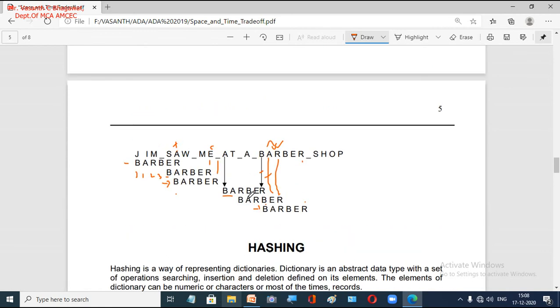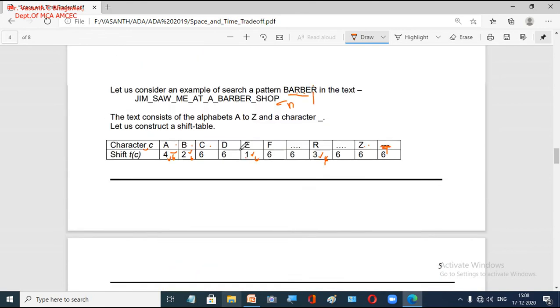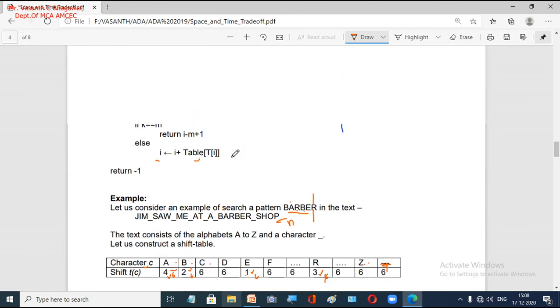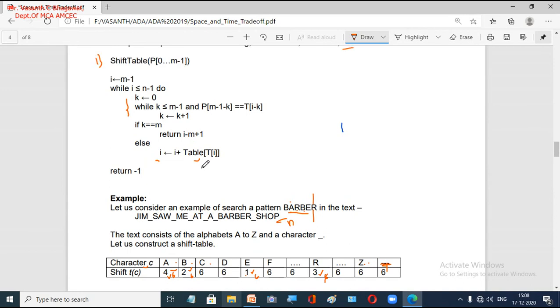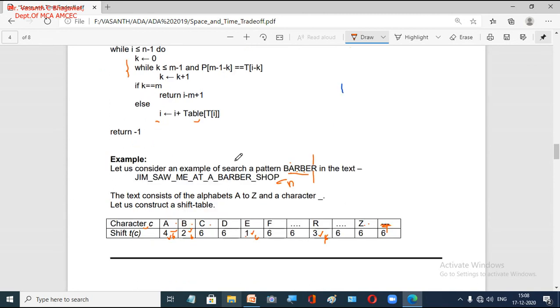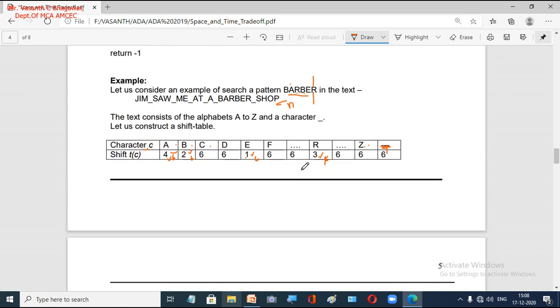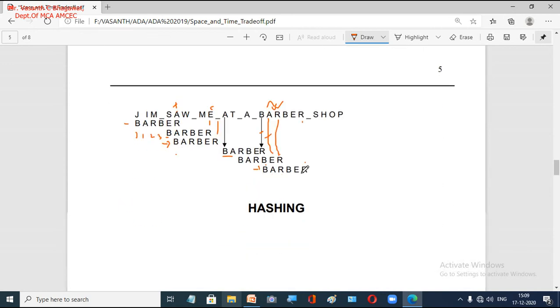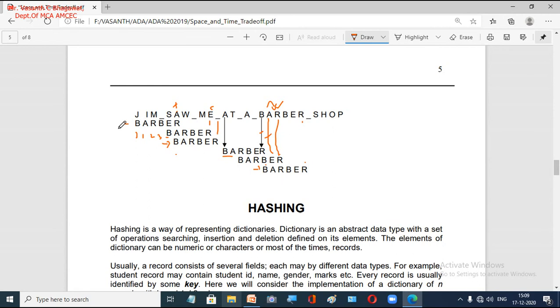Clear? So now why is this algorithm more efficient? If you try to do the analysis of this Horspool's algorithm, it is an assignment for you people. You can go through the textbook. When you look into this algorithm, we have 2 for loops, and if you do the analysis, you can calculate the time complexity of Horspool's algorithm and compare it with the time complexity we have done for the brute force method. Then you can decide on your own which algorithm is more efficient, whether by using brute force or by using time and space trade-off.